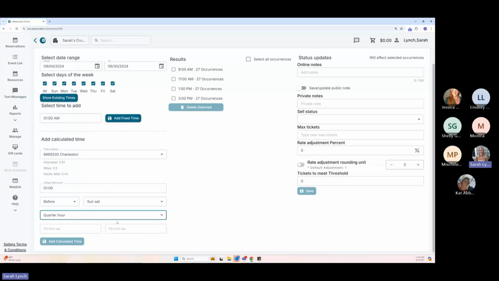Lastly, we have 2 boxes here at the bottom for earliest departure time and latest departure time. This is helpful for those who are adding trips that coincide with the tides. As we know, tides don't only occur during regular business hours. It can also be helpful for the sunset trips in midwinter or late fall when those sunsets are earlier than most days